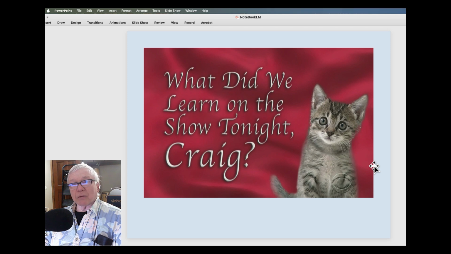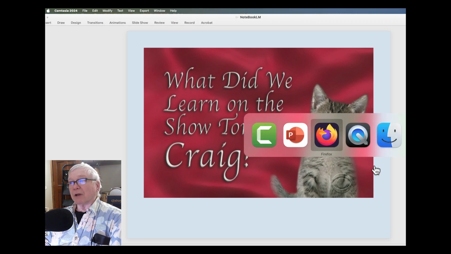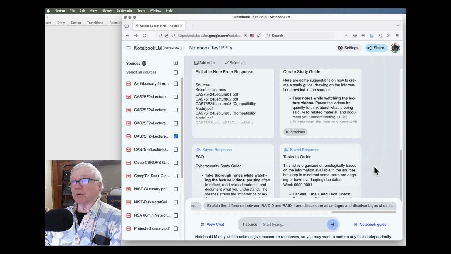So what's the bottom line? Well, bottom line is that's pretty cool and free. And you could, for instance, have a notebook where you just keep the PowerPoints, and then it'd be easy to have some questions associated with that. Select all the sources. You could have one where you just have all the PDFs that are looked at. You could have, you know, whatever way you want to organize it.